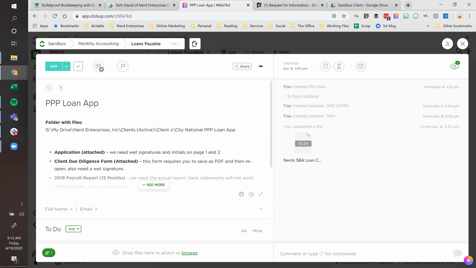So again, there's so much under the hood. I went deep today, but I could go a lot deeper. I could spend a whole day teaching how to use this stuff, right? And it's powerful. You can do a lot with it. When you learn how to use the tool well, and first you have your process for how you're going to use it, so then you apply the tool to the process, then it becomes really clear and slick in terms of how you're going to work with clients. And it saves time, because now that series of tasks that are included in the PPP loan app process,